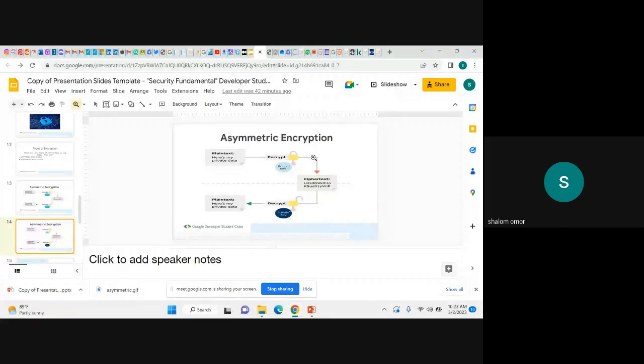So asymmetric encryption deals with two different keys, which are the public and the private key. The private key is kept secret by the owner of the text. And the public key is either shared with authorized users, or you can make it public. So once it's a public key, either a recipient or a particular set of people have the key, or it makes the key general to everybody. So once I send my plain text and I encrypt it with the public key, I give it to, okay,